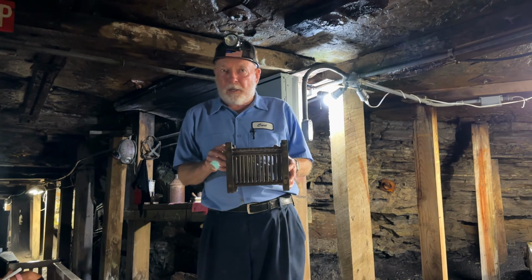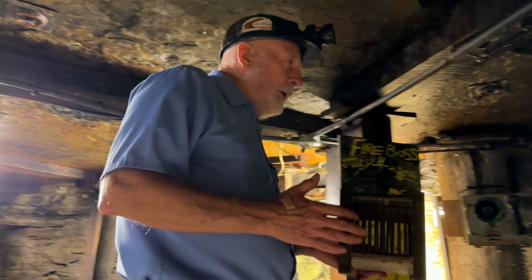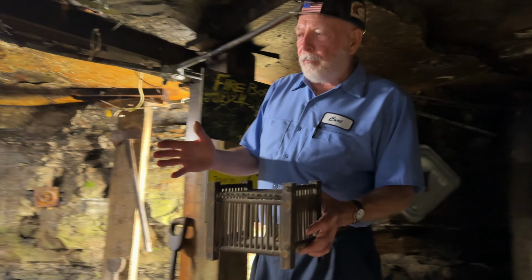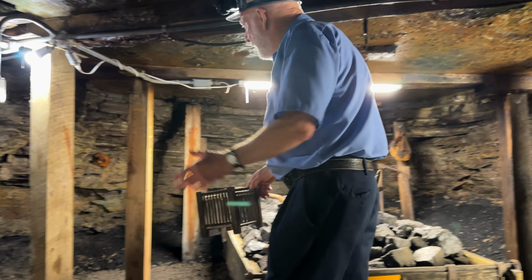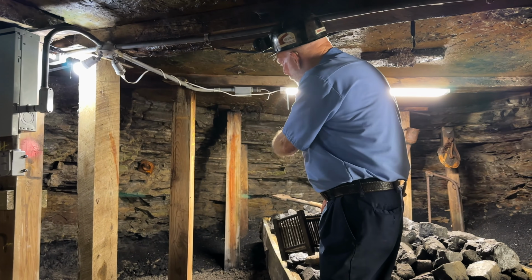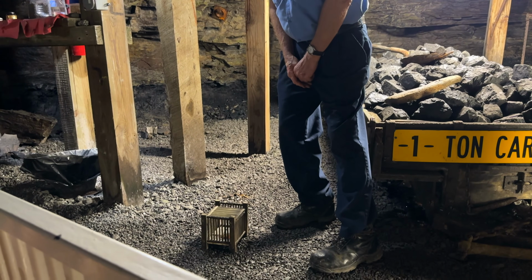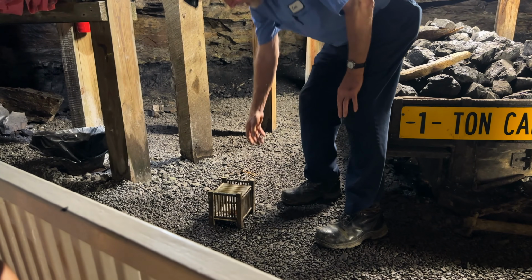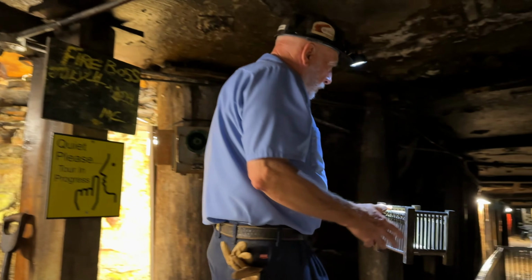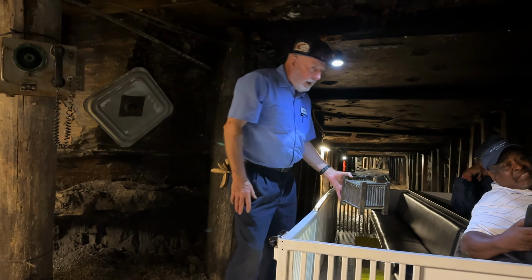Now, our canary is a wooden canary. We're not going to bring a live canary in here and get fined for cruelty to animals. But a miner would bring his canary in and put it at floor level. As he worked, in those early years, he would use a pick to get the coal out of the seam and load it into the car with a shovel. As he worked, he would look at that canary often. As long as that canary was down in there jumping around, eating seed, that's great. But if he looked in and saw that the canary had gone down to the bottom and had its feet up in the air in a permanent napping position,